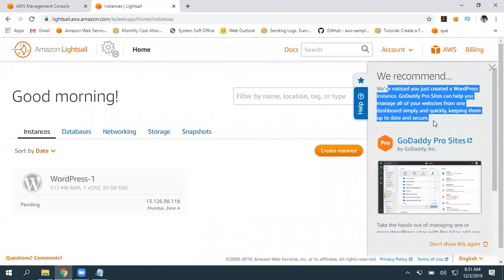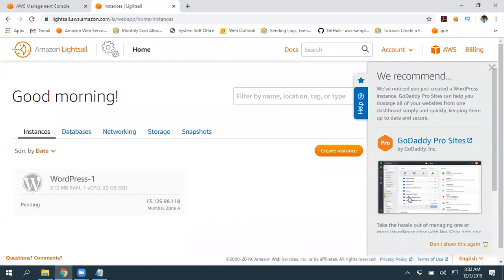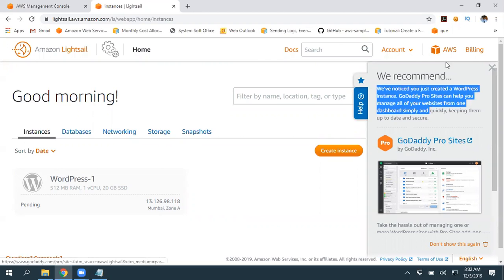Amazon is actually partnered with GoDaddy. Whatever static websites you host in GoDaddy are actually hosted on top of the S3 platform, static website hosting. They are saying, we consider that you created a WordPress website, so why don't you consider going with this.